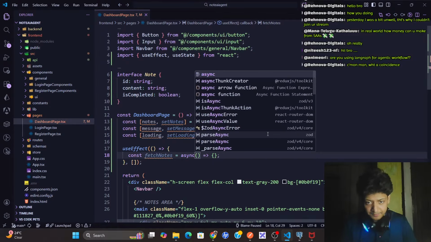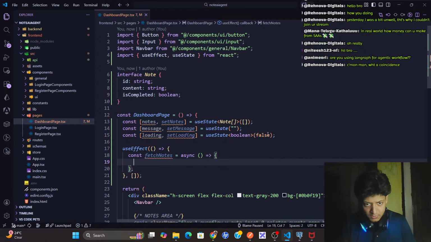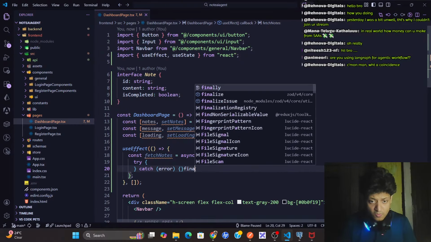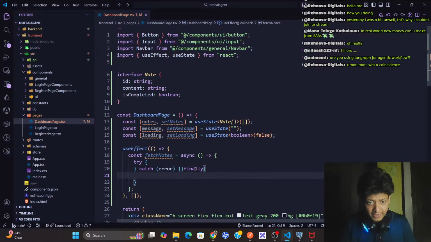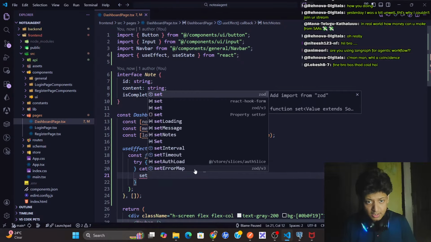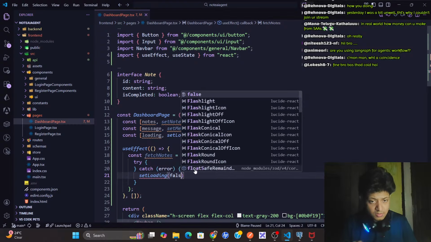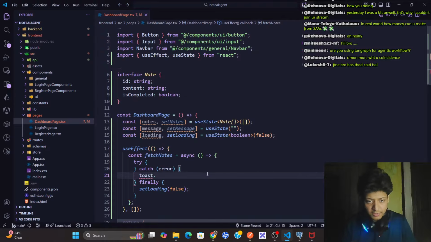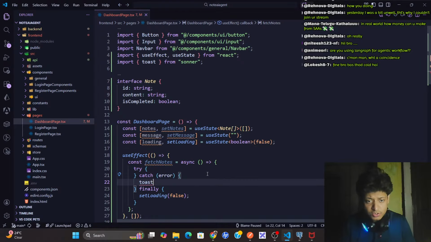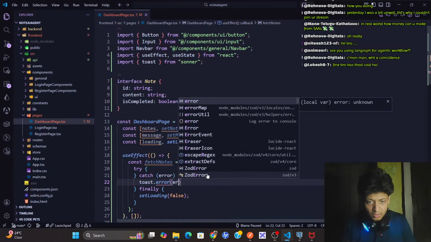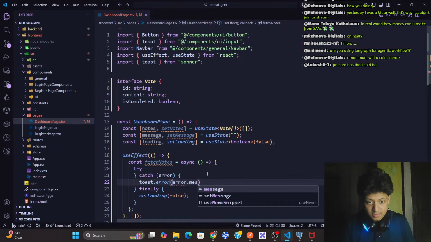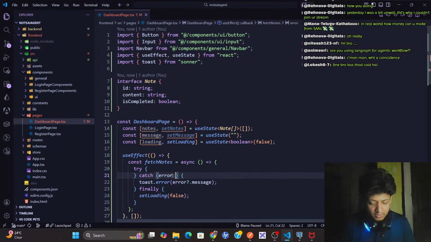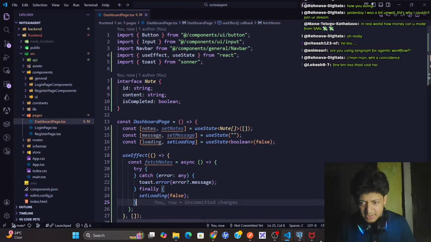This will be async. Here we'll have try catch, and finally also, and here in the finally part we'll make setLoading to false. Catch error, and here we can just use toast.error, error.message. Let's keep it like this for now.